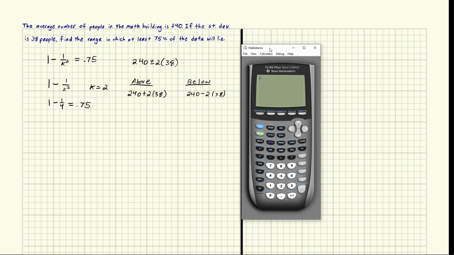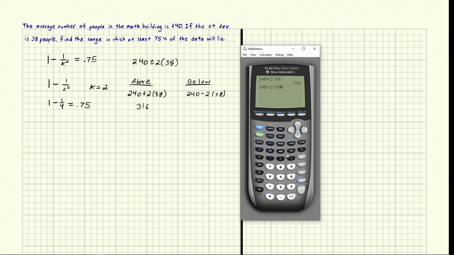So let's go ahead and do this. So we're going to do 240 plus 2 times 38, and we get 316. So this is the highest, right? That will include at least 75%. We'll go down, 240 minus 2 times 38, and we get 164. So the data range